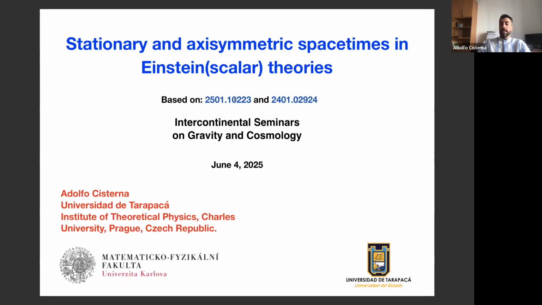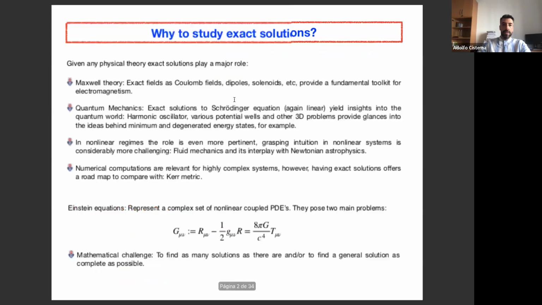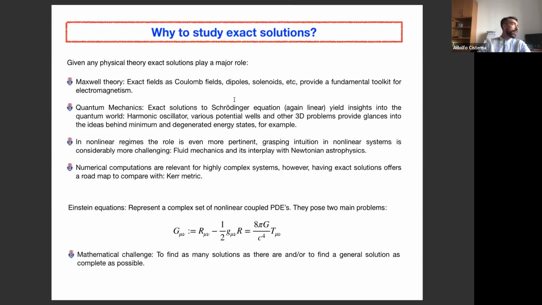So before starting directly with what we did in those papers, first, let me motivate you a little bit about why we should study exact solutions. I didn't say, but all of these solutions are going to be exact. So there are no numerical results here, basically because we don't know numerics. So we prefer to work with exact solutions. But many people at some point ask you, especially when you do modified gravity, why all this urge to look for exact solutions? So let me motivate that a little bit.